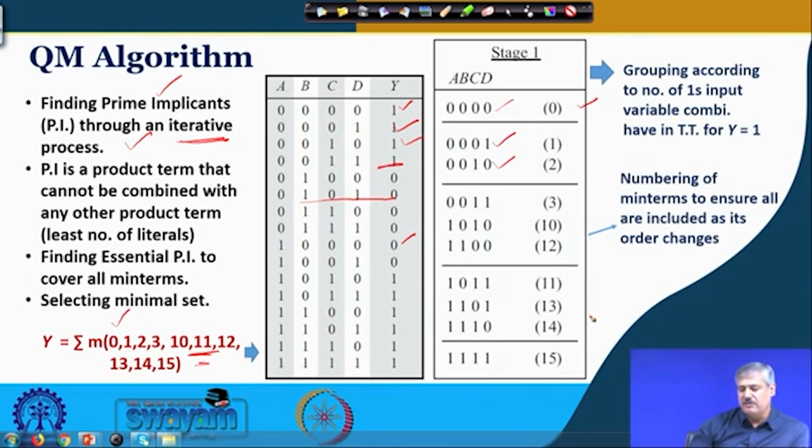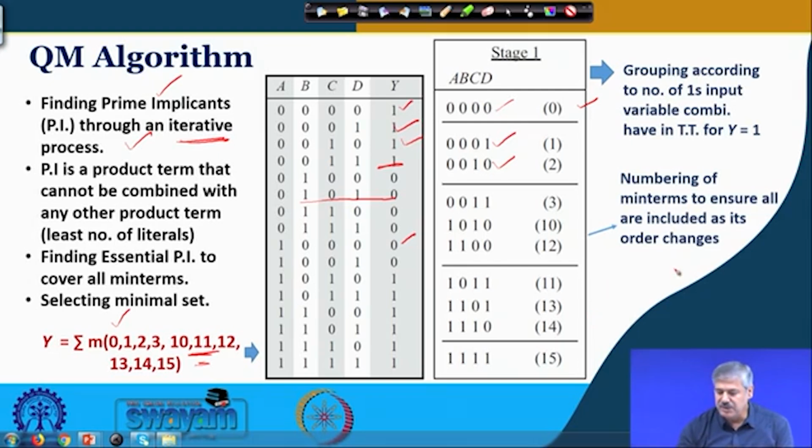So, 5 variable, 6 variable case, then there will be more such groups with 4 variable combinations, 5 with combinations of 4 ones, with combination of 5 ones, with combination of 6 ones, and so on and so forth. It will continue. Is it fine? So, by this we get the stage 1, the first arrangement of this QM algorithm, and in this